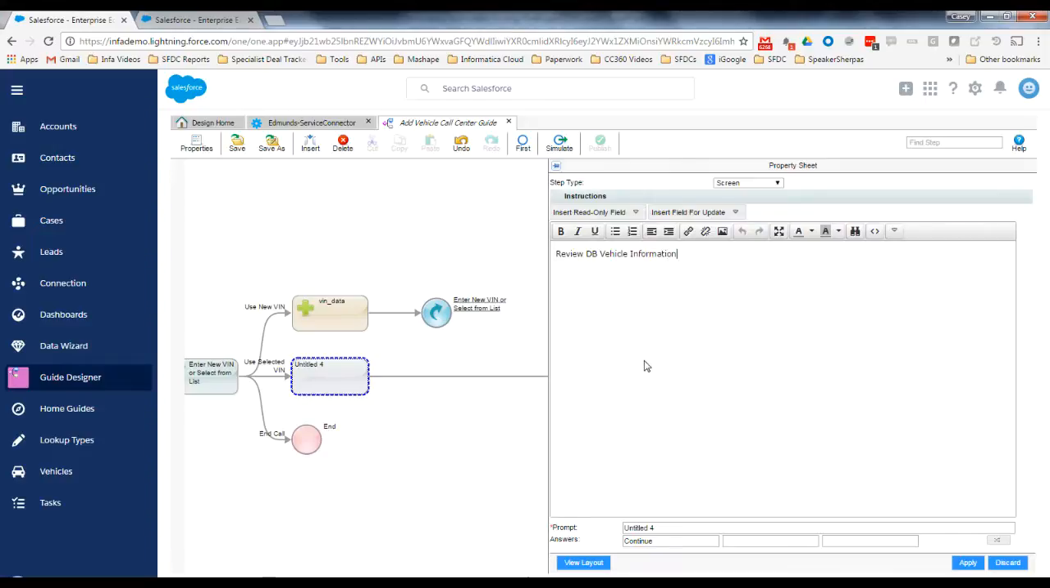information. And so we're going to drop a few fields on here, read only, like our DB VIN data VIN, our DB VIN data year, DB VIN data make, and DB VIN data model. We'll give them labels here so that the user will know what they're working with. VIN, year, make, model. This bold here,